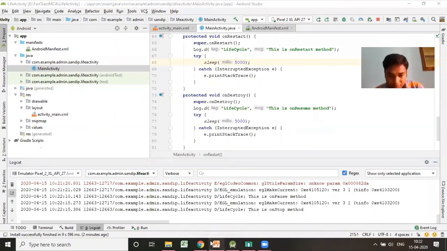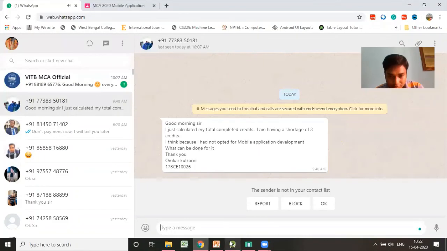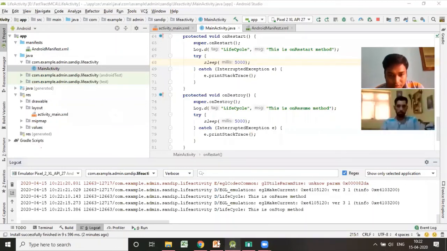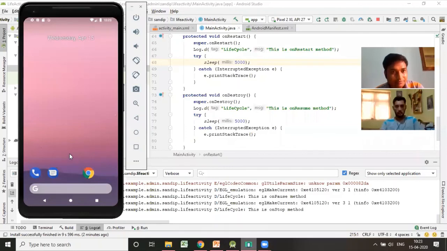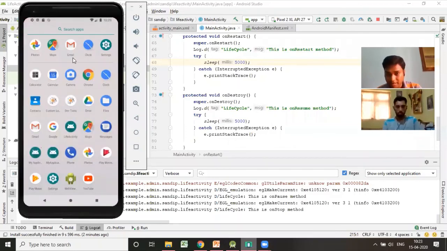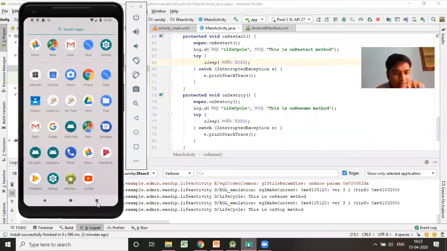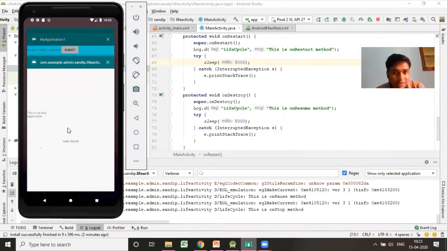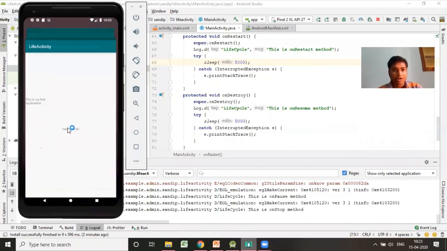Now suppose I bring my activity into the foreground again. This was my application that was run. I just bring this application into the foreground again.